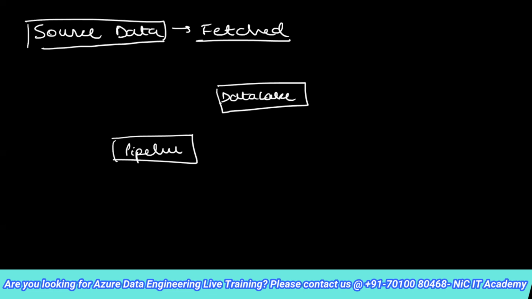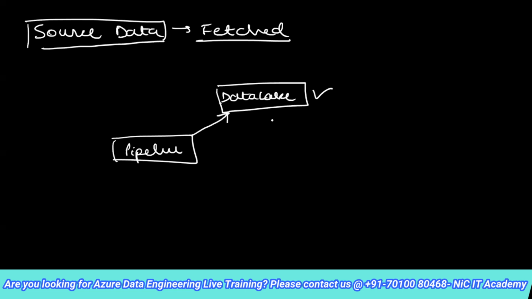All right. So generally, whatever raw data that we collect from various places, if I want to do transformation, if I want to do data analysis, the first thing is to collect data. Now, when I start collecting data, I will store all of that collected data into a data lake. Clear? Once my data is present here in the data lake, I need to access that data from my pipeline. Yes or no? Yes. I need to get that data into the pipeline. How do I get that data?